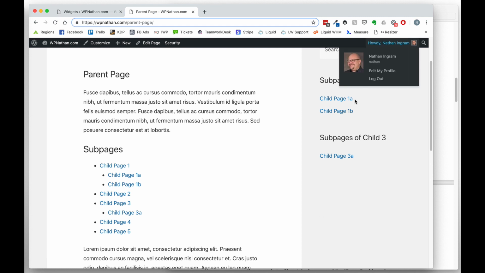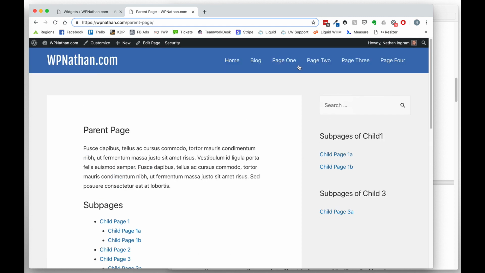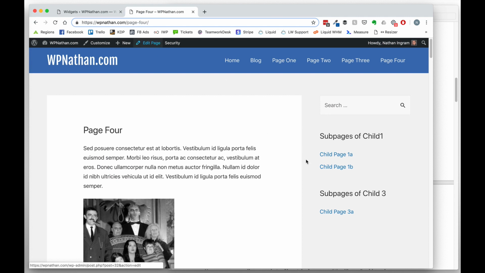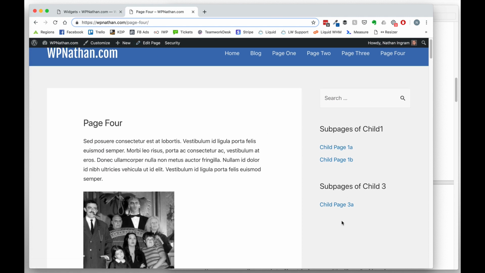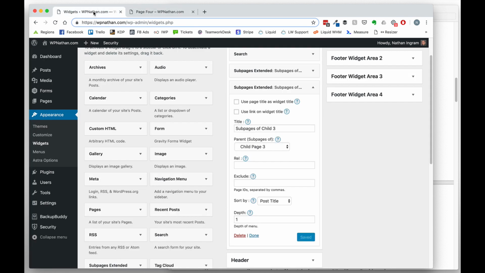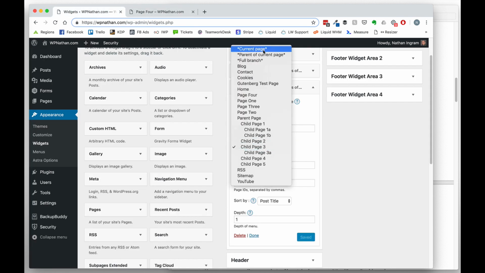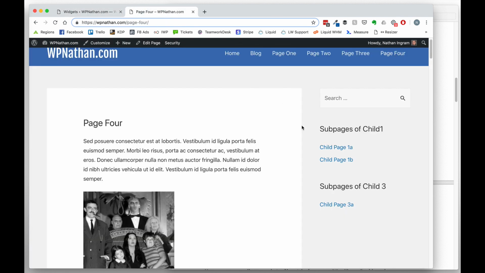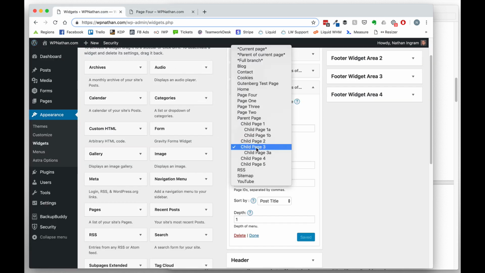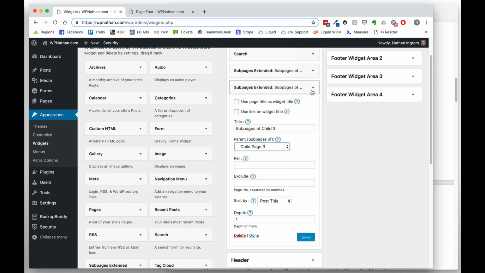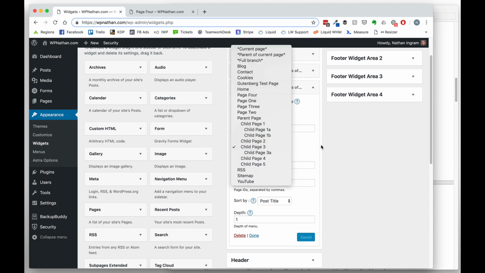Now, the neat thing about this is because we selected which page it's on, when we go to another page, even outside the hierarchy, it still stays there. Now, if we had chosen child page of current page, then it wouldn't have anything here because page 4 has no child pages. But look at the options. There's several dynamic ones. Do I want to show the full branch of all the pages and all of its children underneath? Do I want to show the subpages of the parent of the current page? That's kind of interesting. Let's do that. Let's do the parent of the current page